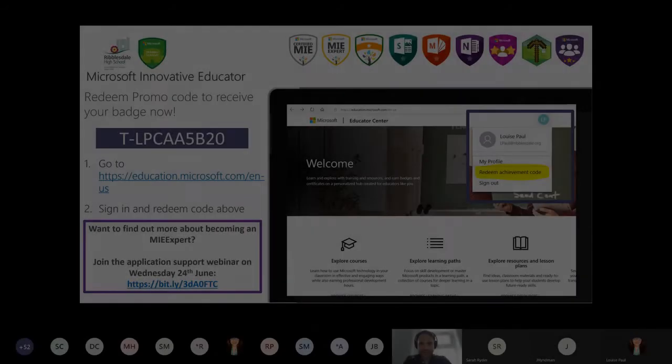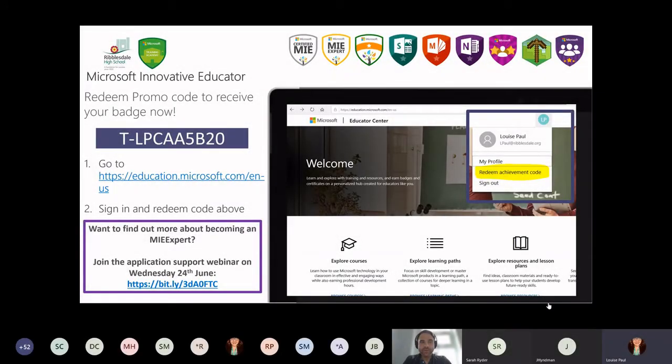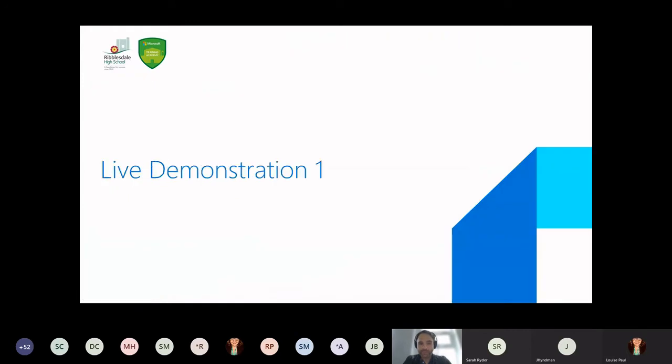Okay, so the next steps that we do is we start to look at how to use different pieces of software with Microsoft Teams. Now, the first thing that I want to talk about before we move forward is Microsoft Teams actually being a vehicle. It's the vehicle that we use to deliver our lessons, to provide the content, and it enables us to access different types of software, provide different types of learning materials, and engage our